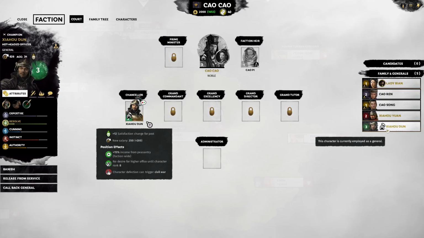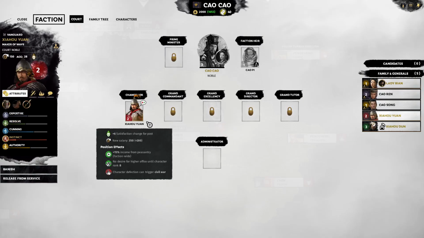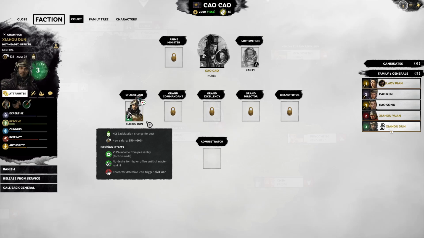And civil wars, as it sounds like, will split your empire in half. You will hold on to a small portion of it. The character that triggered the civil war will start a new faction called the Separatist faction, and part of your court, members who get along with that character, will leave your faction. Now this is a very rare occurrence for the player, as you have many ways to deal with satisfaction, but